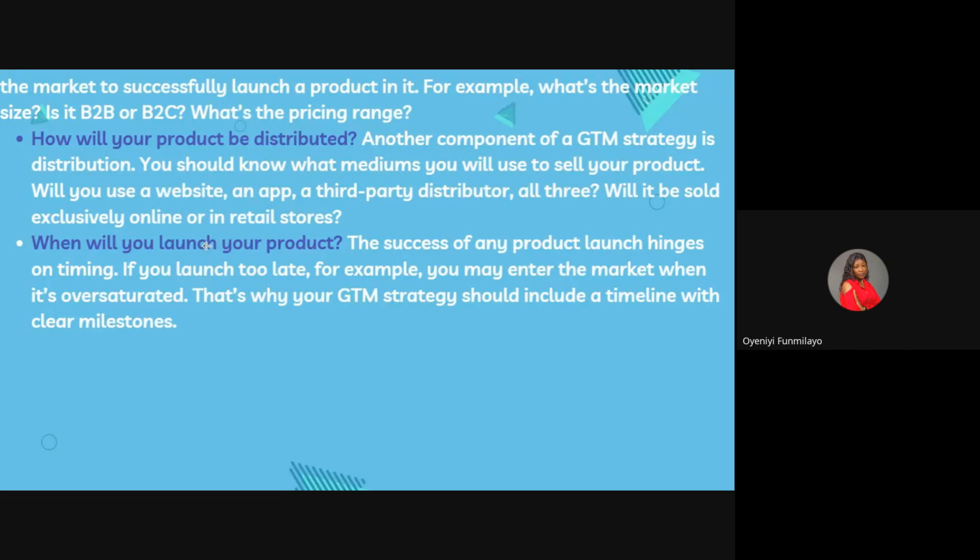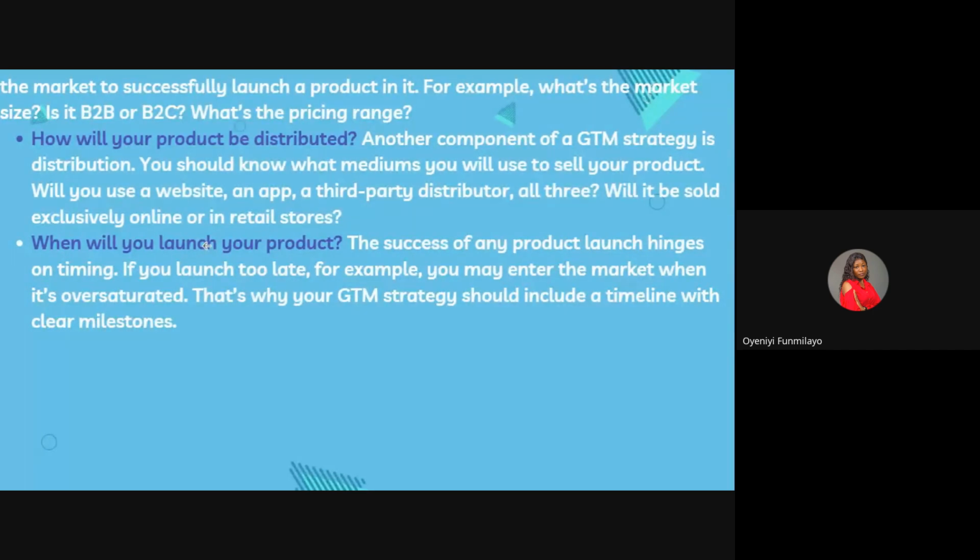Will you use a website, an app, a third-party distributor, or all three? Because it's possible for you to use all three, right? And will it be sold exclusively online or in retail stores? You also need to define this when you are coming up with your go-to market strategy.